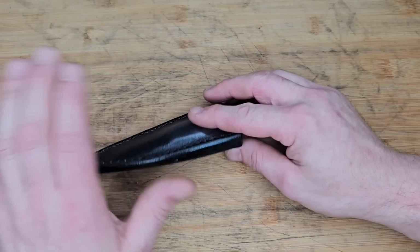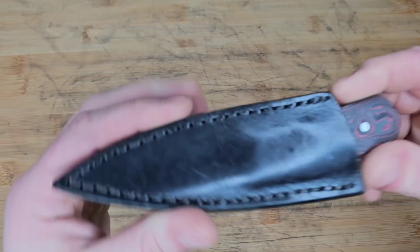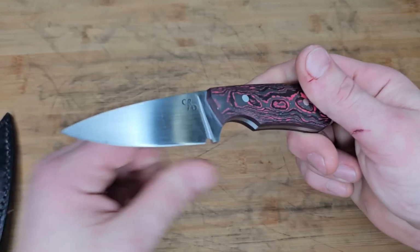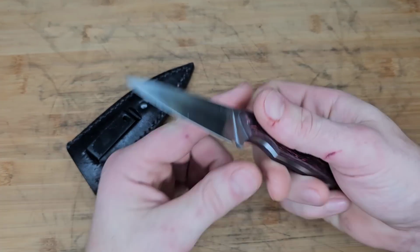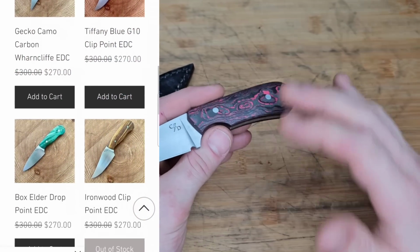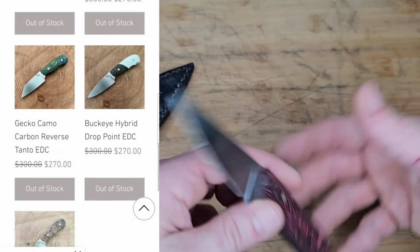Today we're going to check out 5 different knives. We're going to start off with an EDC fixed blade, but all the rest are folding knives. Now this is from Corey Dunlap, and I wanted to bring this to your guys' attention because Corey Dunlap's doing an amazing job. I don't have an affiliate link or anything like that, but he does have some in stock